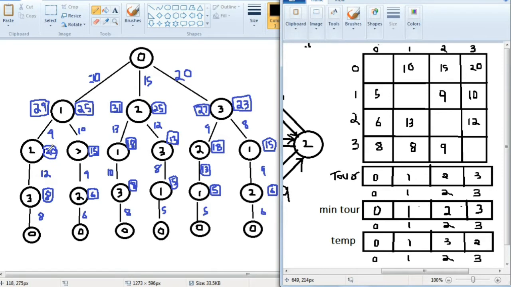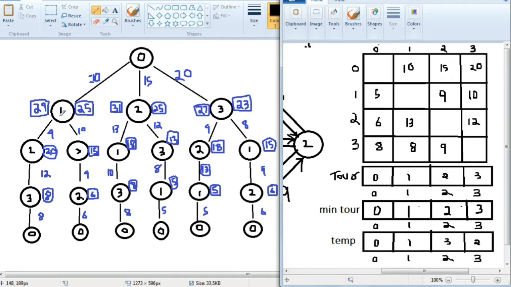Okay, the numbers which I've written without the box are the numbers of the single edge, whereas the numbers which I've written in the box are the sum of the total cost. Okay, till that point. Then 1 to 2, I'm traveling from 1 to 2. Okay, don't make it reverse, like 2 to 1 I'm not traveling. First 0 to 1, then 1 to 2 I'm traveling, right?